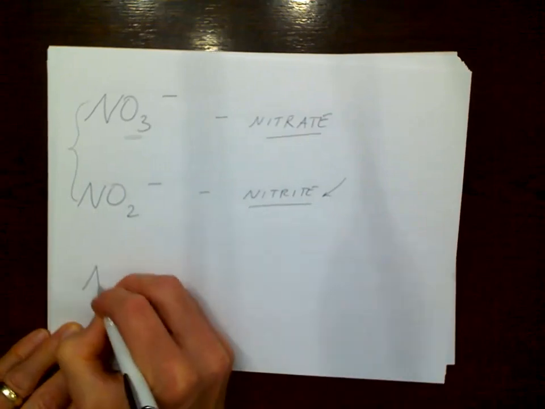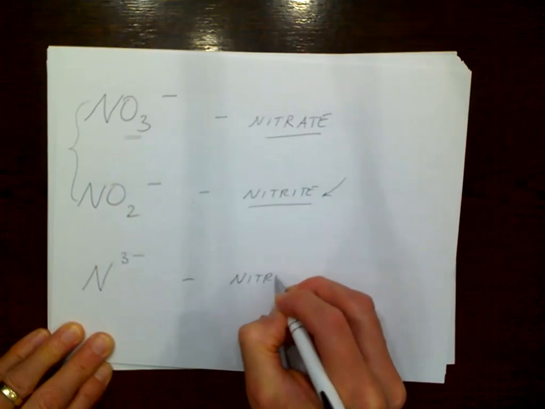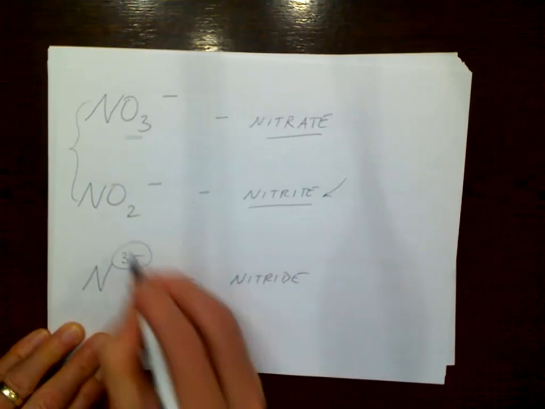And we'll contrast this even with the nitride ion, the monoatomic ion, which happens to have a -3